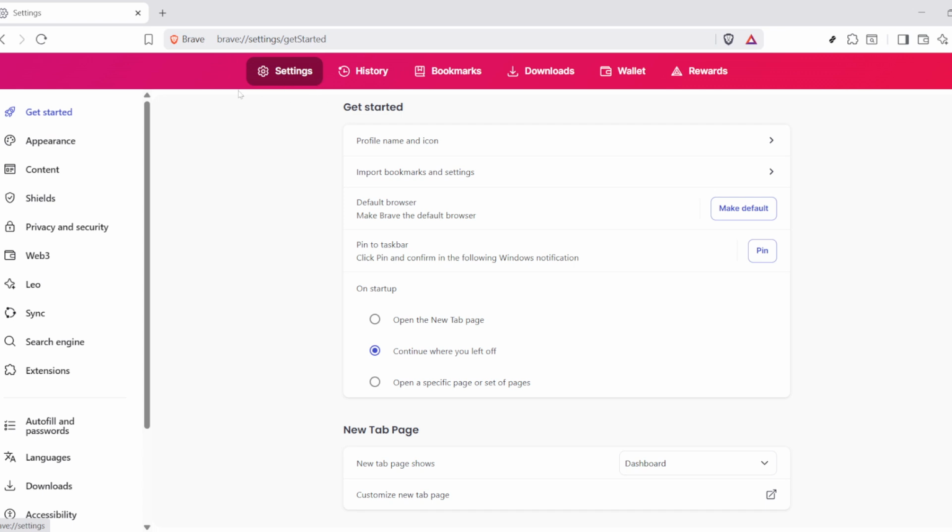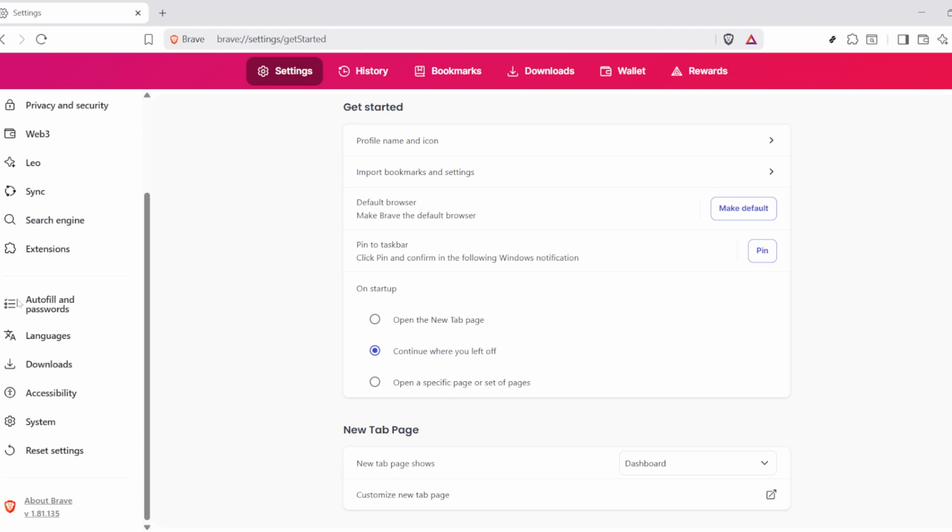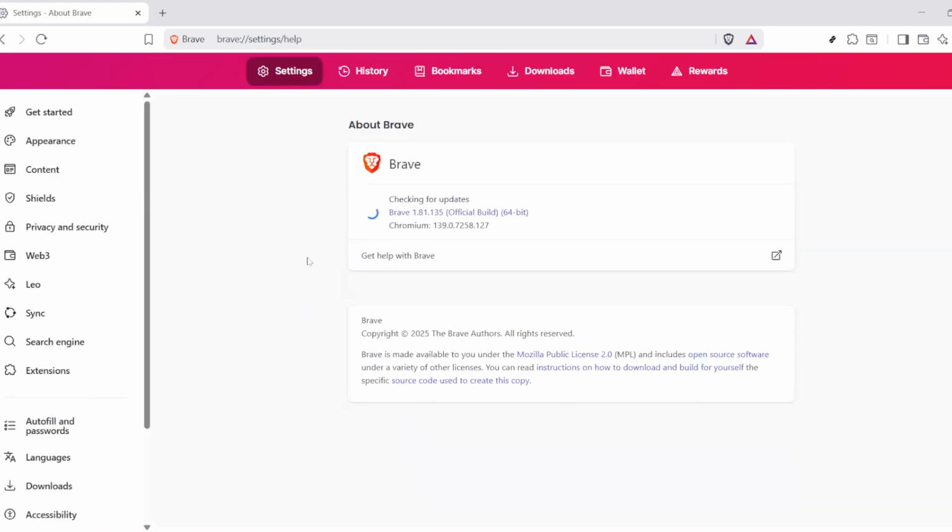From this drop-down, select Settings. On the Settings page, take a look at the sidebar on the left. Scroll through that sidebar until you find About Brave. When you click on About Brave, the browser will automatically check for any available updates. If there's an update waiting for you, Brave will download it immediately. After it completes, you'll simply need to relaunch the browser to apply the new update. Updates often include critical security patches and enhancements that improve your browsing experience, so this is an important step not